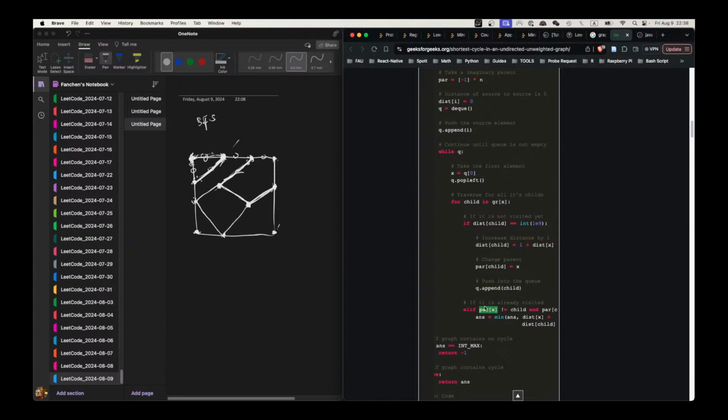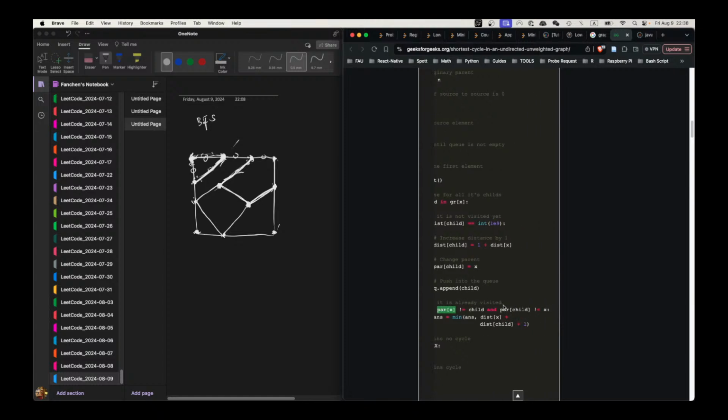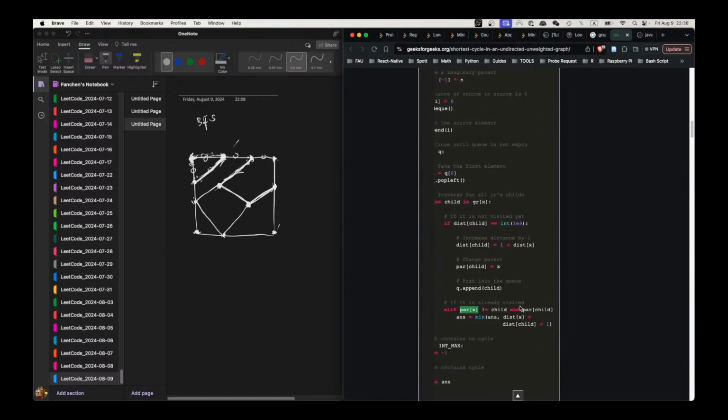The current node. If the current node's parent is not equal to child, and the current child is not equal to parent, if it is already visited, and if they are not on the same path,